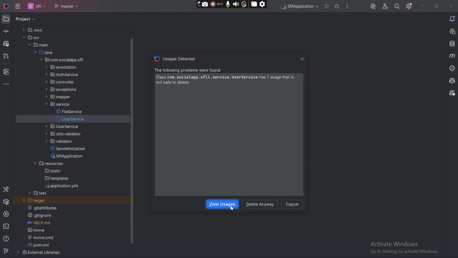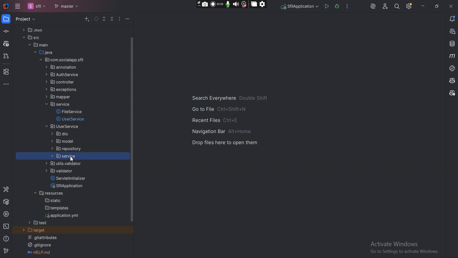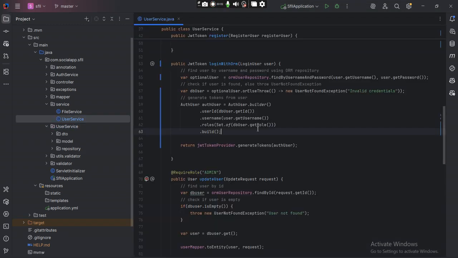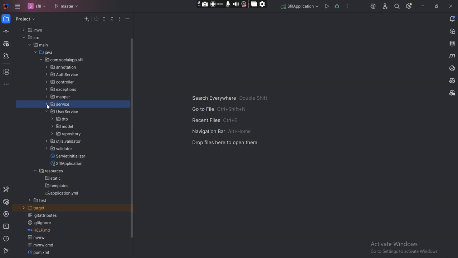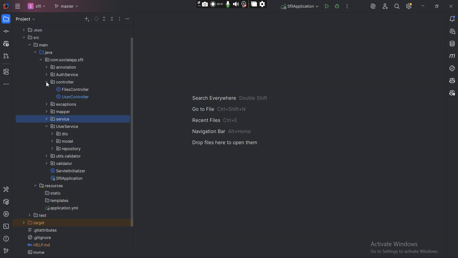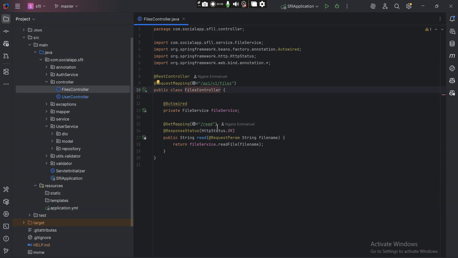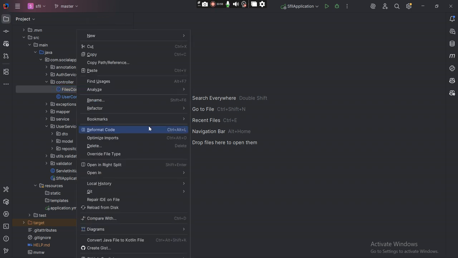So it's being used in a lot of places, right? And I see what's happening there. So right now, we should just select the service, and what's happening is that this user service is being used in a lot of places in the service sections, and in the controller, by the way. So if we have a controller here, you see file and user. Right now we are not really using it. I will just put in a file just for some information. So we don't need a file service or file controller. I could delete that immediately